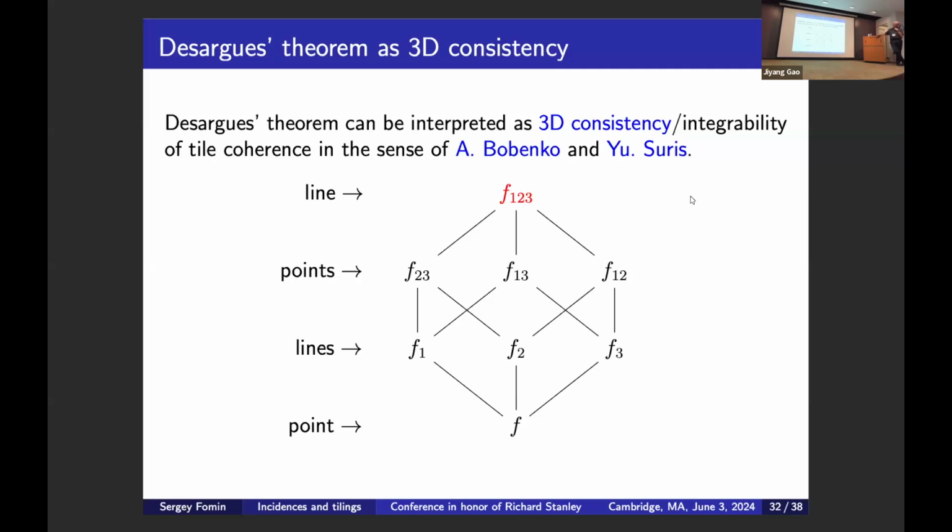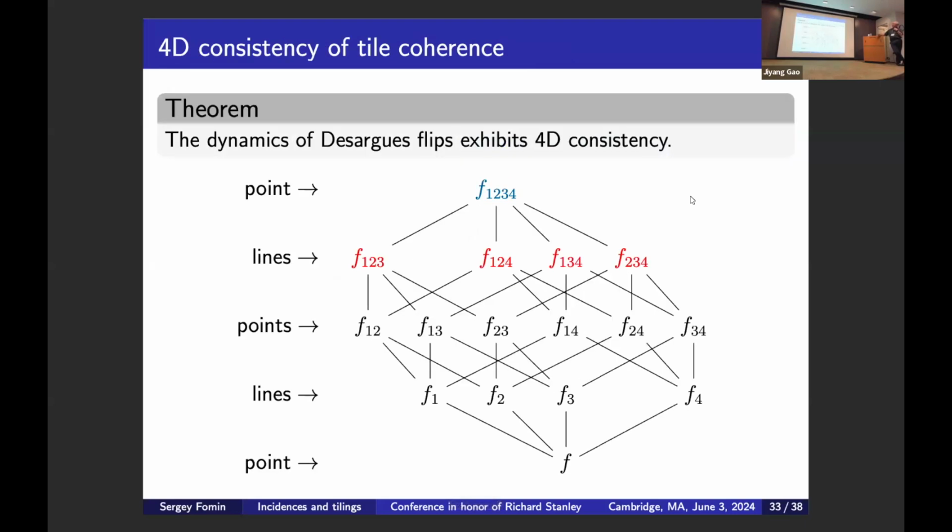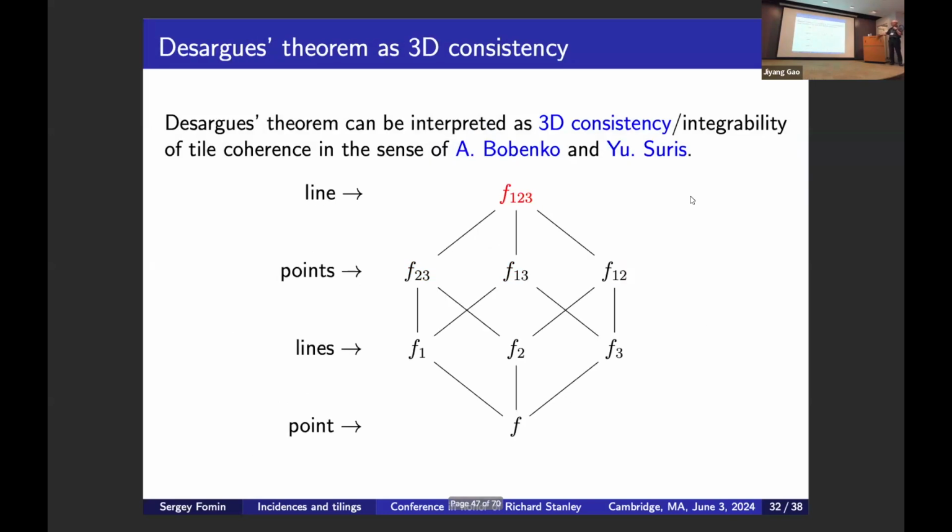So given a point, 3 lines, and 3 points, we can build a line here in a unique way. So this is the propagation rule in Z cubed. And according to the yoga preached by Bobenko and Suris, the question that one should ask in situations like this is, does the system exhibit 4-dimensional consistency? So what that means, and it's a theorem that indeed it does, is that if you play this game